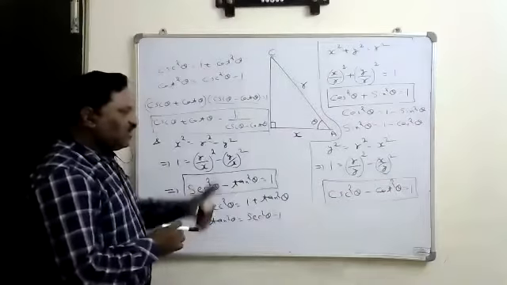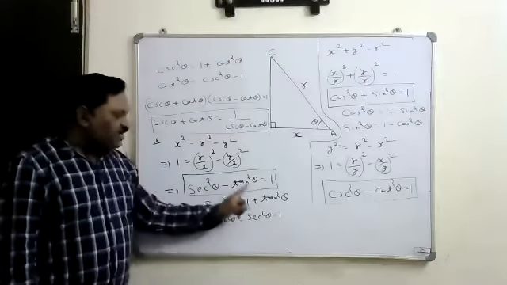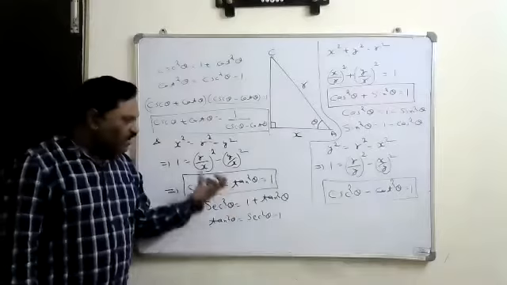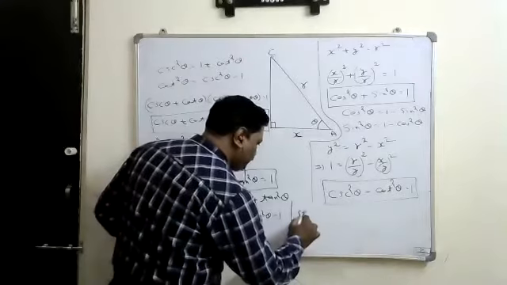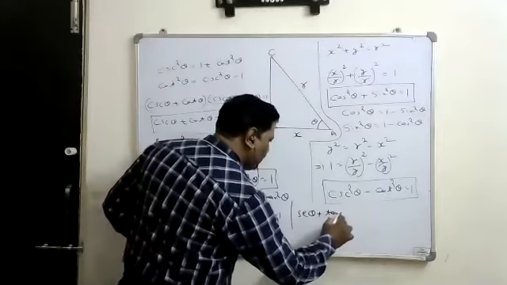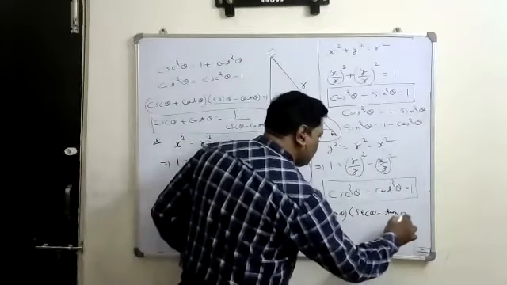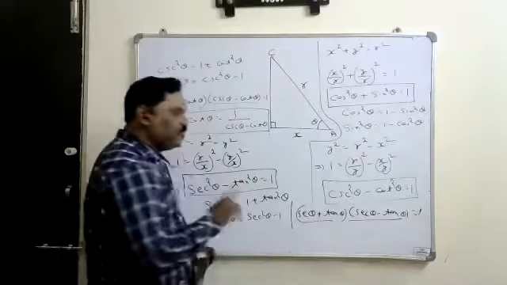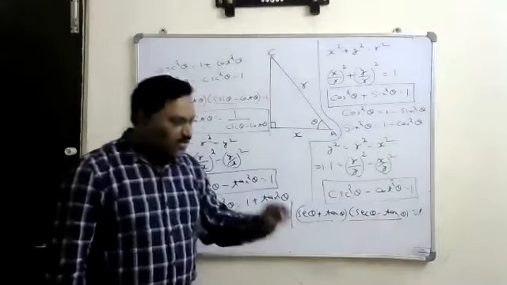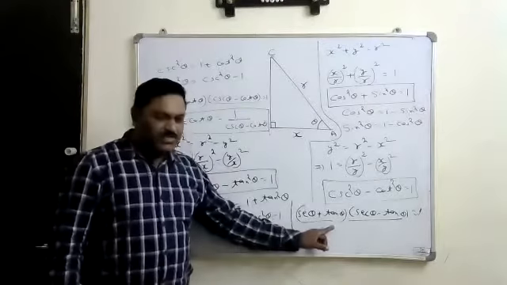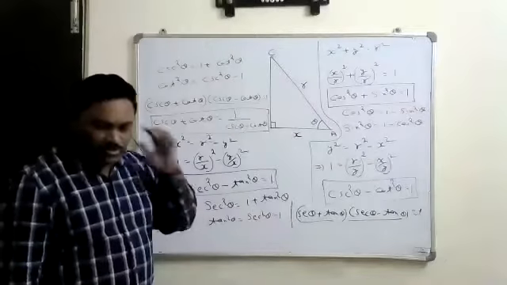Okay, so these are all the formulas we have to remember carefully, and here you can also observe that it is the difference of squares, a square minus b square. Means you can write a plus b into a minus b. So let a plus b, that is secant theta plus tan theta, into secant theta minus tan theta is equal to 1. Means here we can understand that these two terms are reciprocal to each other. Secant theta plus tan theta and secant theta minus tan theta are reciprocal to each other. Means if you know one value, then automatically the second value will be the reciprocal of the first one. Okay, so these are the points we have to remember.